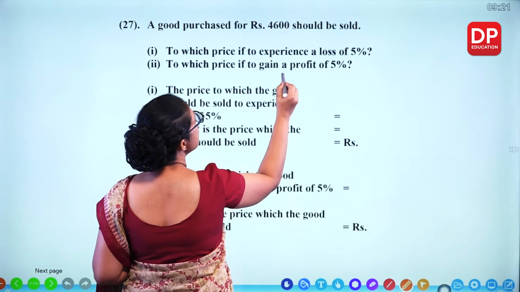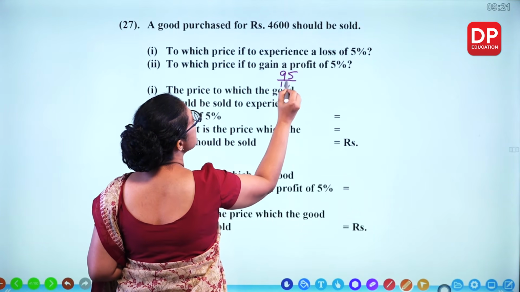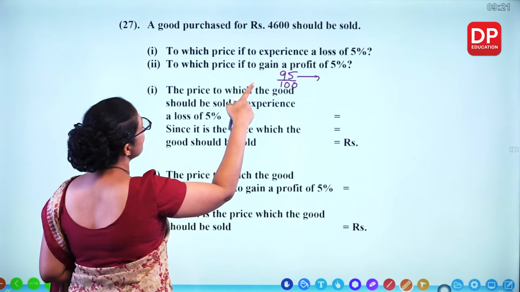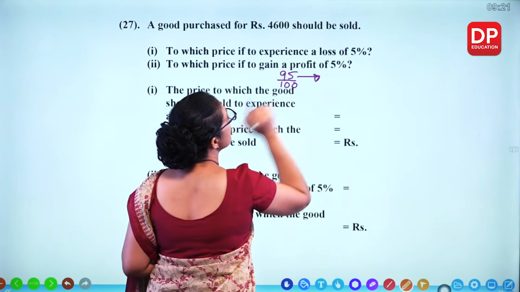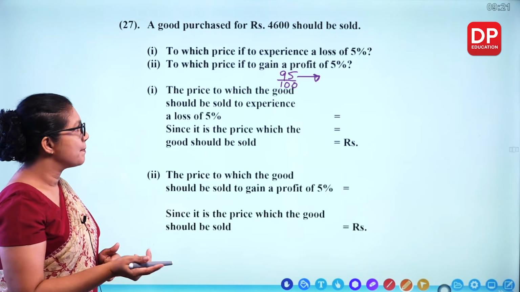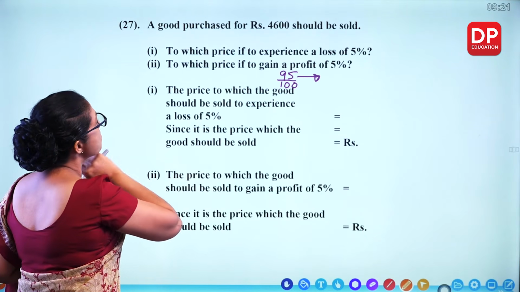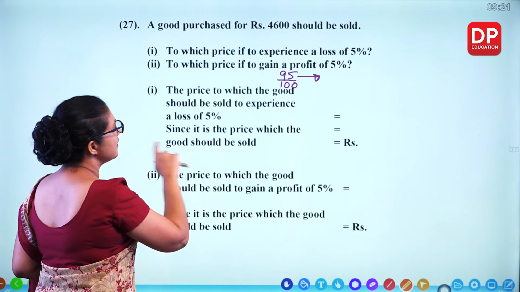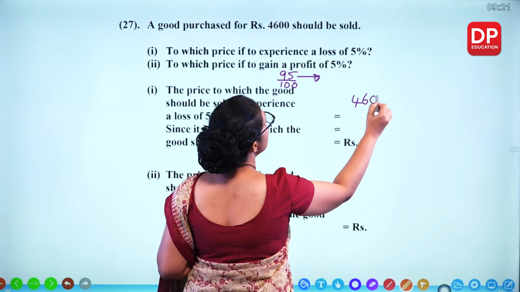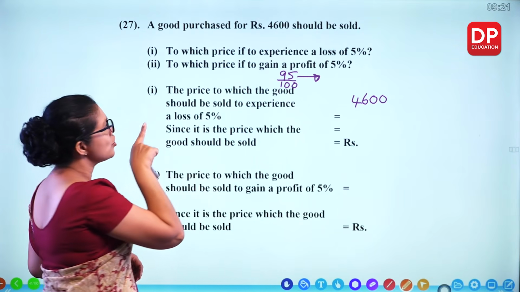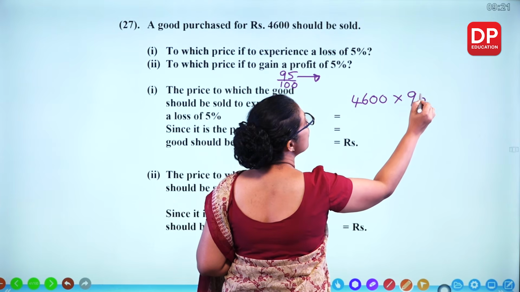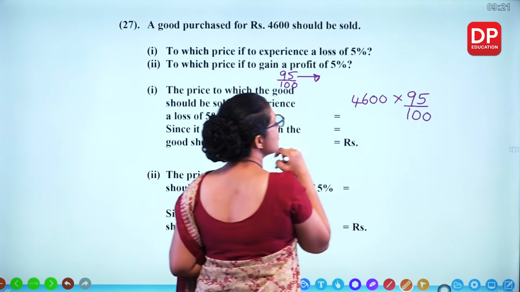So, that means 95% is this one. So, if you buy for 100, you have to sell it for 95 rupees. Now, what's the selling price then? Selling price is 4,600, the purchase price, into